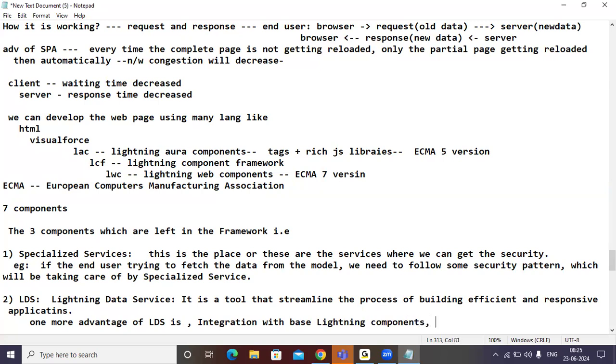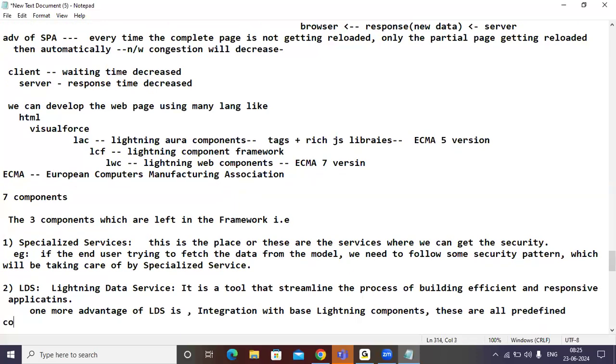These are all predefined components which are given by Salesforce to accelerate the development.